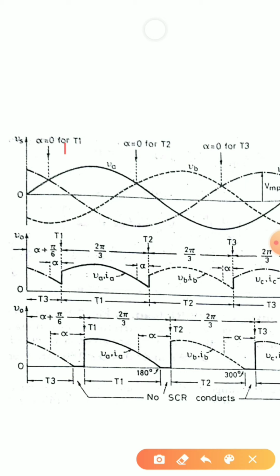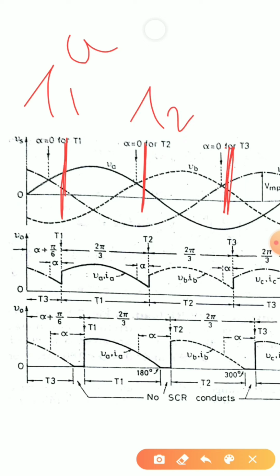As I have said, here my thyristor T1 is operating, here thyristor T2 is turning on, here thyristor T3 is turning on. Now for example, we can see that thyristor T1 operates for A phase, thyristor T2 operates for B phase, thyristor T3 operates for C phase. So this is my A phase. So I can see here that this is the waveform that I'll get. Starting from here till here, this is the waveform I'll get. Then again for VB, then VC.